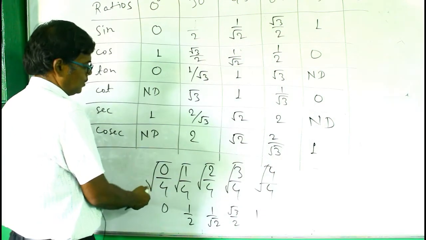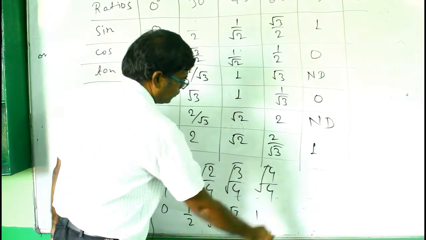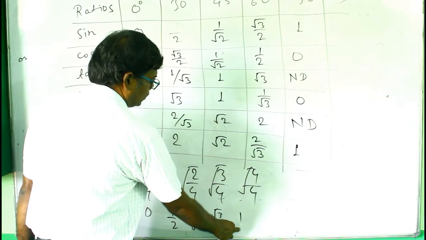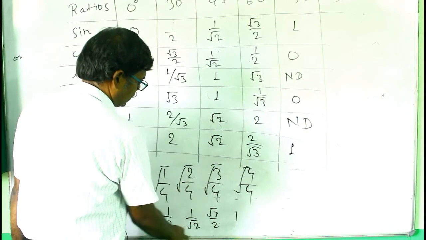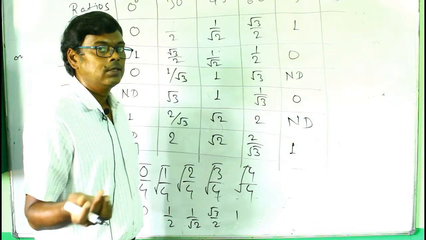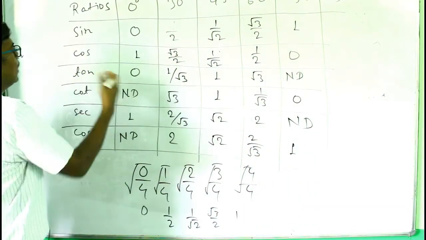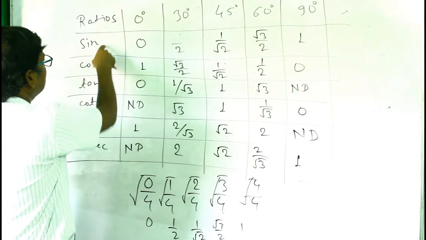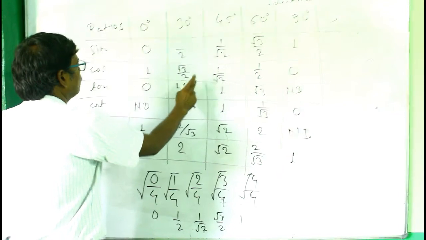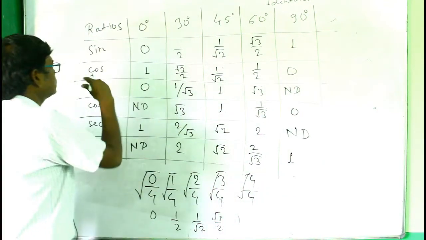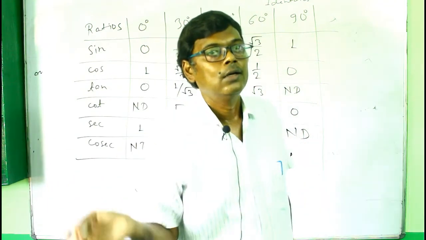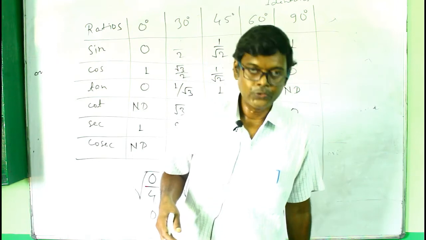So first by doing this you will get the value of sine, and if you reverse it, this will be cos 0 degree, then cos 30, then cos 45, then cos 60, then cos 90. Okay, so in this you will get the values of sine and cos. Then you can find the value of tan. How will you get tan here? Just divide sine by cos. 0 by 1 equal to 0, and 1 by 2 divided by root 3 by 2 will be 1 by root 3, and so on. So first you will get the value of sine, then cos, and then you can find tan, and then you know that all are the reciprocal of each other, so you will get the values easily here.